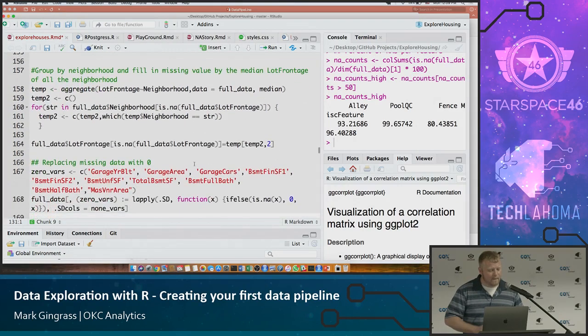And so this is the part where the neighborhood I was talking about, getting the mode. I basically said, hey, what's the mode of each neighborhood? And if there's any NAs in that data, replace it with what the mode is. Arbitrary, but I think it works pretty good. And